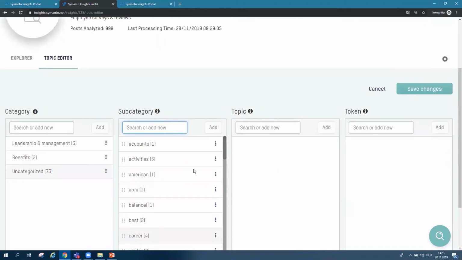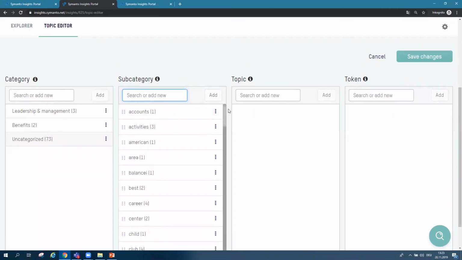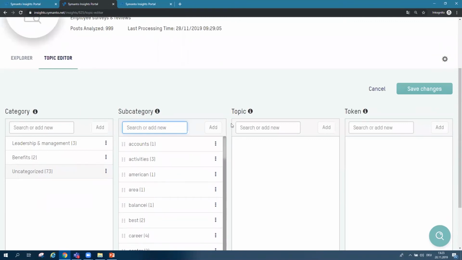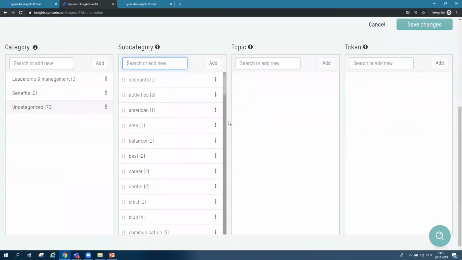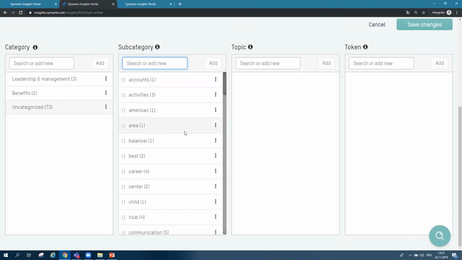And in this way, you can really simply categorize everything here according to your actual need. We also see that some of the things the AI has detected are less relevant to this topic, to employee satisfaction. That is mainly because this is basic AI, meaning it's not special to one industry, not customized for one industry. It finds all the topics in this world. That's why we would say some of them we want to eliminate. They are not relevant for us. Then we simply click on these three buttons and click delete, and it will be gone. Or you can also rename them if you think the name of a category is wrong. Just change it that way.